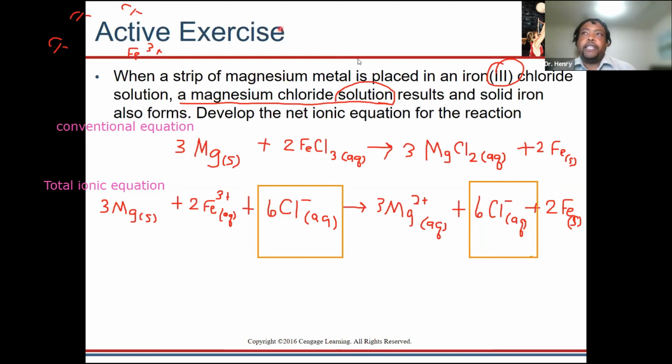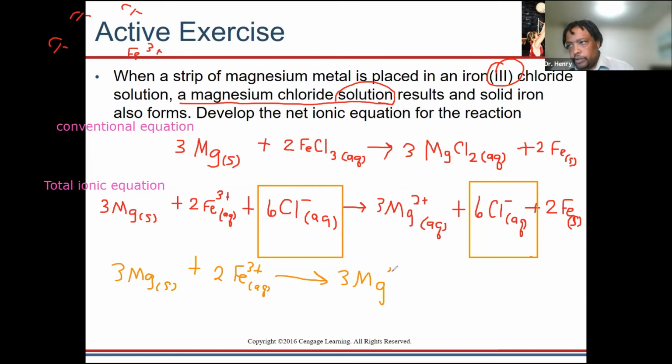Okay, so we remove our spectators, and then we're just left with our total ionic equation, which is just going to be 3Mg(s) plus 2Fe3 plus yields 3Mg2 plus plus